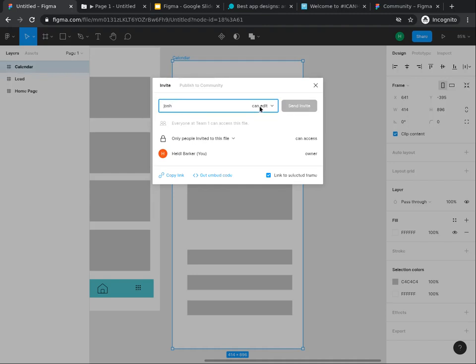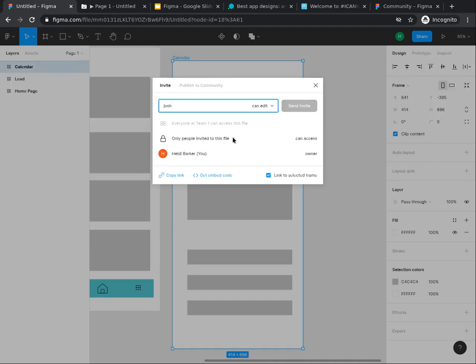Notice next to the email box, there's a specific statement of what access I want that person to have. I can allow the person to edit or change what I have created, or I can allow the person to only view the project. The people that I have on my team are most likely able to edit, but maybe I do not want others that I invite to be able to make any changes. This is a great option. I can invite unlimited viewers to this project, such as my supervisor, tech people, or even marketing to get their input. With viewing access, they can leave comments, but they cannot make any changes.